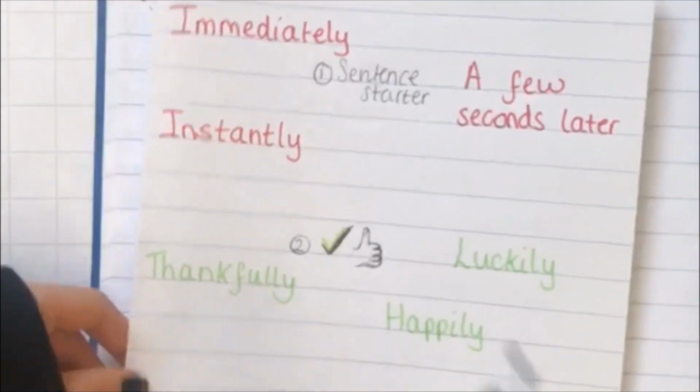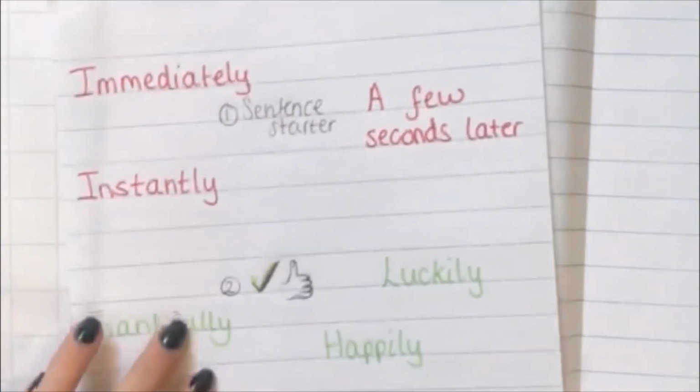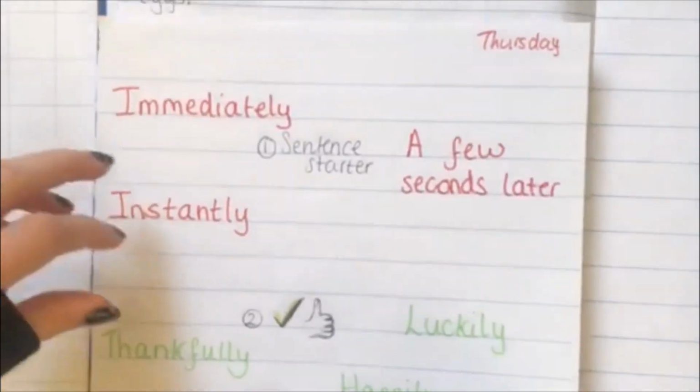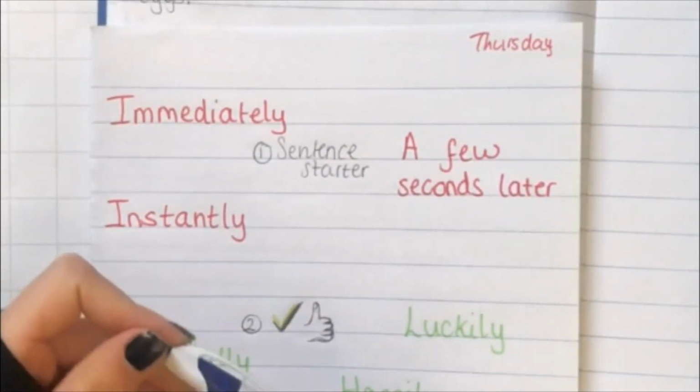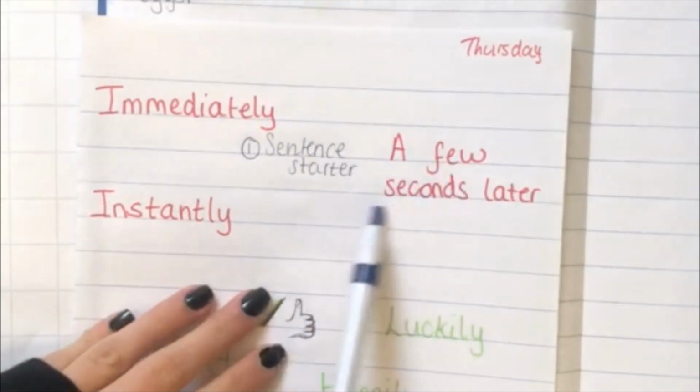Okay, now we are going to write our resolution, and I'm writing underneath my problem from yesterday on the same piece of paper, my same book. And I've also got my very important vocabulary list, which has everything that I will need today. So first, looking at my story map, I know that this is the really fun part when my giant appears, but my first thing I need to pick is a sentence starter. So how quickly does my character Tom notice the giant? Here I have a few options.